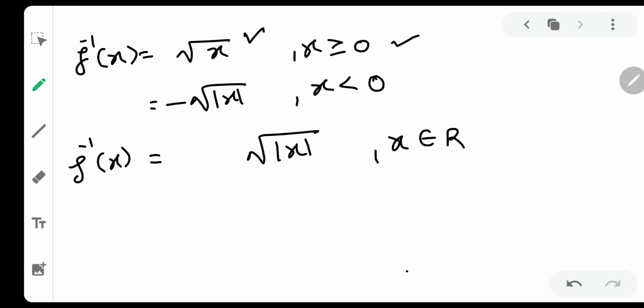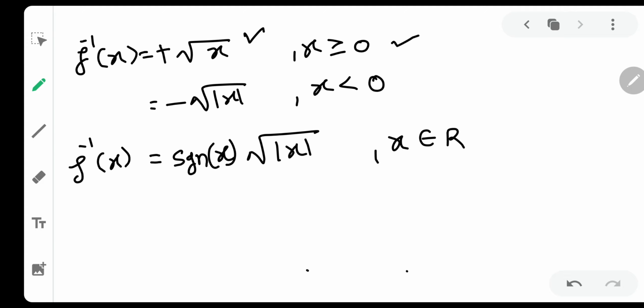You will say, yes sir, this is fine. But when the value of x is positive, there is a positive sign, and when the value of x is negative, sir, there is a negative sign. So you will say, sir, how will you get that positive and negative sign? For that I will use sgn x, signum x. If you don't know what a signum function is, see the playlist of Play with Graphs, and the particular lecture on the signum function is provided in the description box.